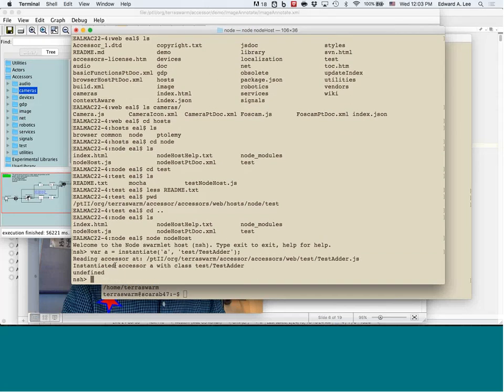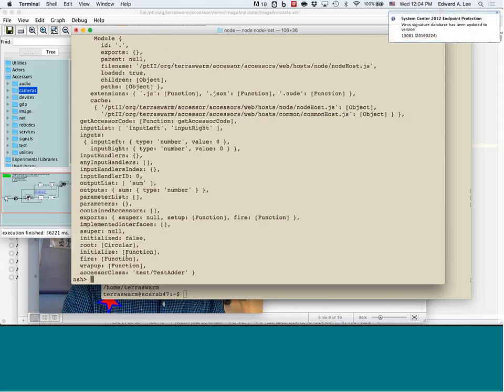And it tells me that it instantiated an accessor A with class test/adder. Now, one thing that's a little disconcerting when you use the NoToast is that it keeps saying undefined. The reason is that the particular JavaScript statement here is a var statement. The var statement declares a variable, and in JavaScript, the var statement returns undefined. It doesn't return the value of the variable, which is a little odd to me, but if I want to examine the value of the variable, I can do it by just typing a carriage return, and